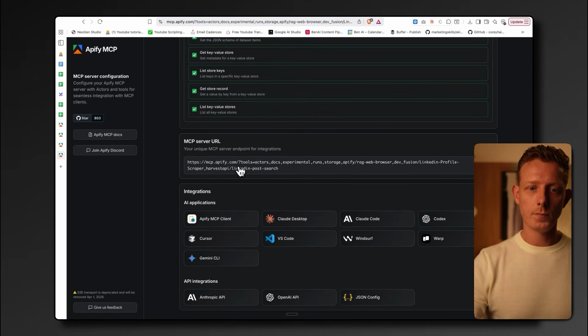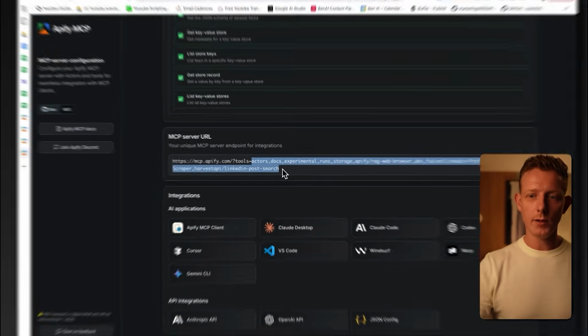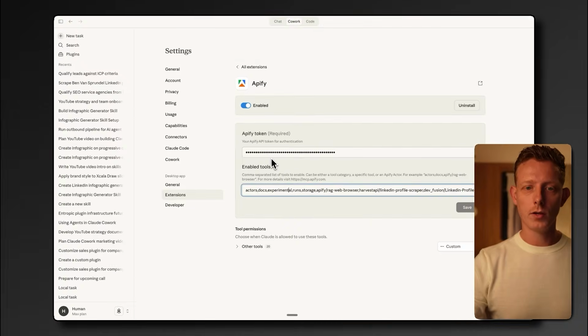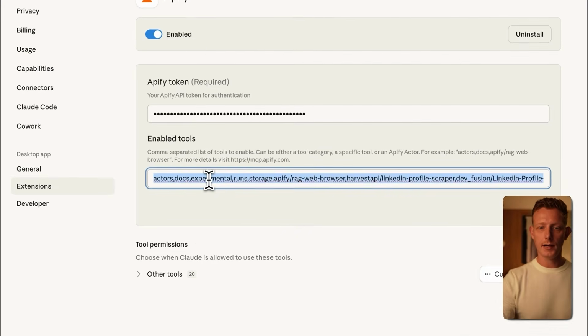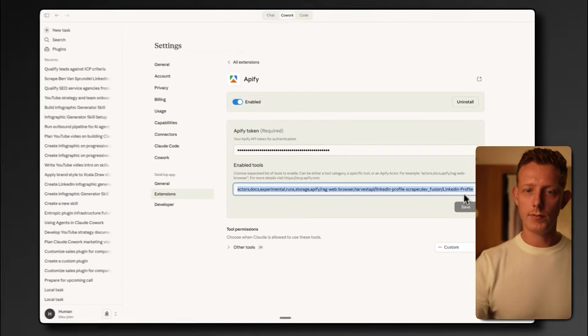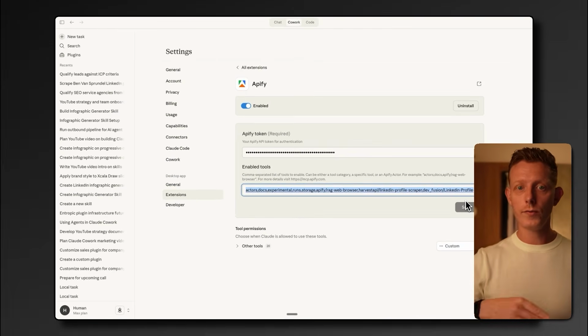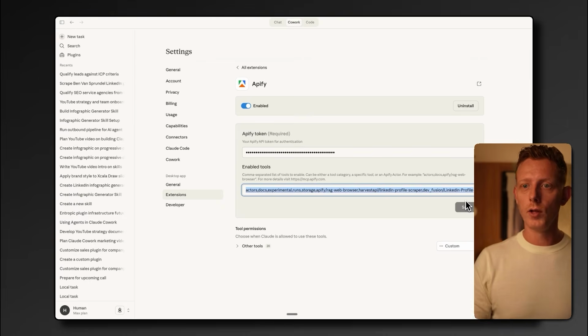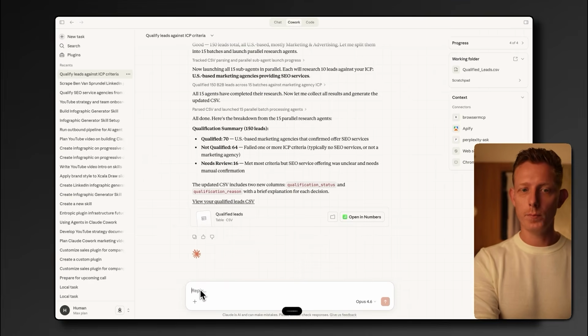Then you go here below. And then you take this part after the equal sign. You copy that. You go back to Claude, and that's what you add here in the Enable Tools, and you click on Save. Sometimes you have to restart your Claude Cowork for Apify to actually be accessible, but then you should have Apify installed. And now I can say something like, please spin up 10 parallel sub-agents that enrich 7